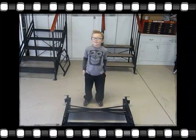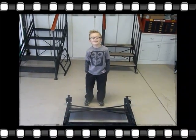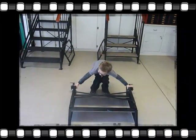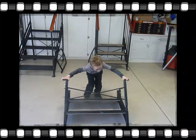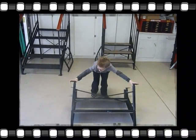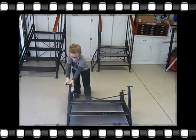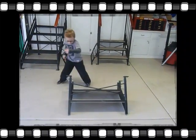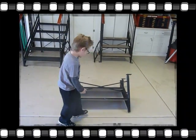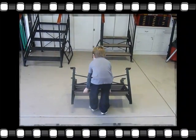The first step in the process, Chase is going to insert the stair legs into the stair assembly. No tools are required. The legs simply insert into the bottom of the stair assembly. Chase will then flip it over,